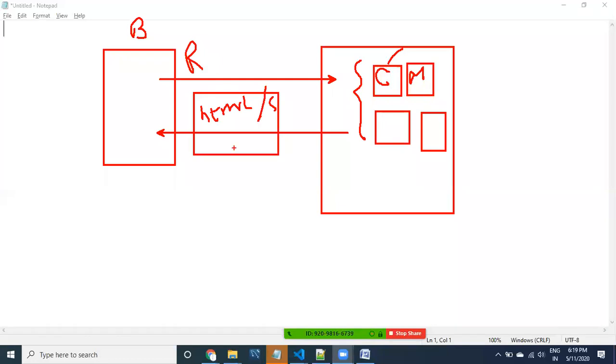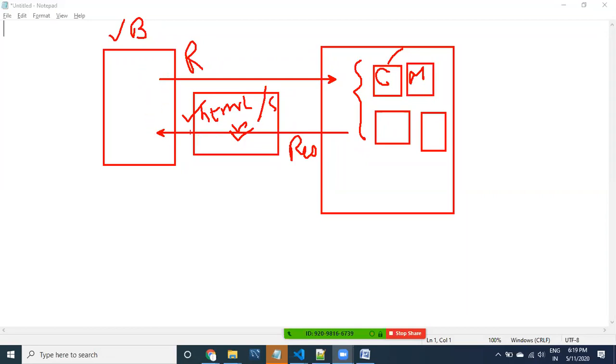This is a request and this is a response. As part of the response, only these things come from the server to the browser, because if the server sends a component class, the component class cannot be understood by the browser. So what is the server going to do? The server is going to take the component class, HTML, CSS, and everything, process it, and finally produce HTML, JavaScript, CSS. Only the things that are understandable to the browser are written to the browser. Now the response is HTML, CSS, JavaScript, and all.